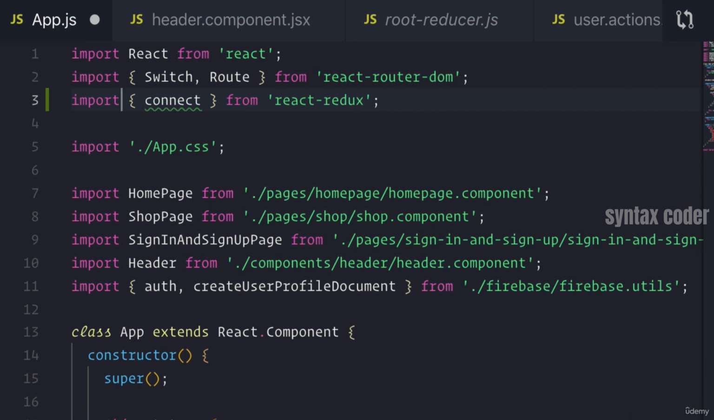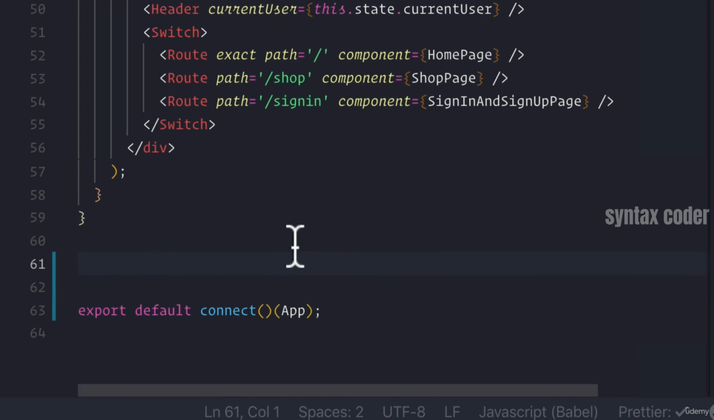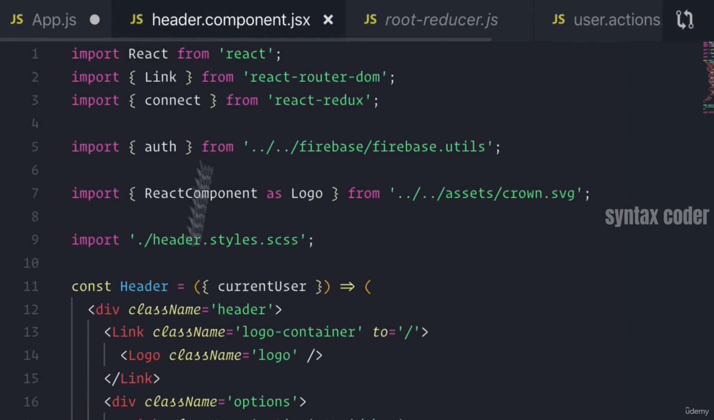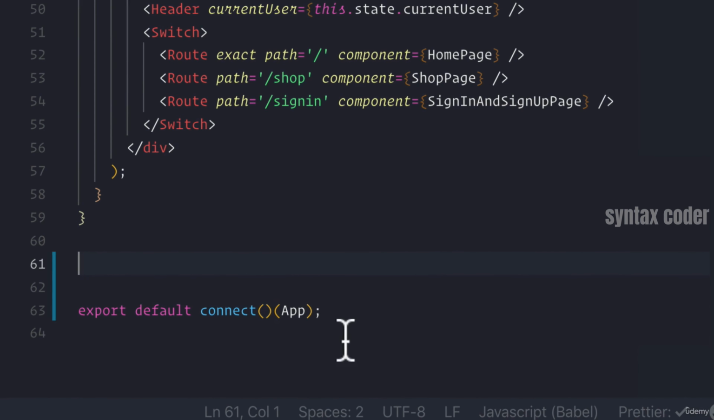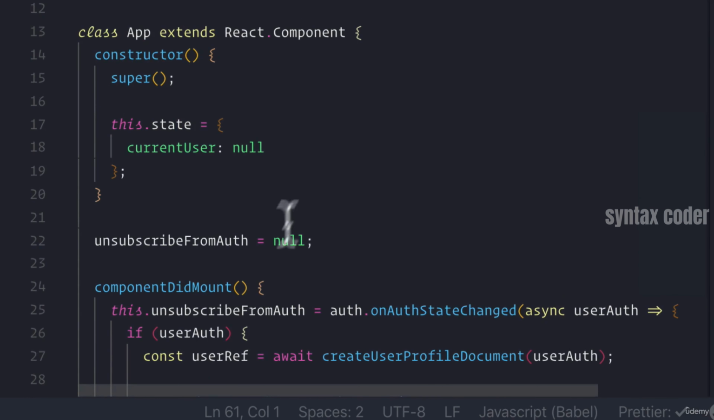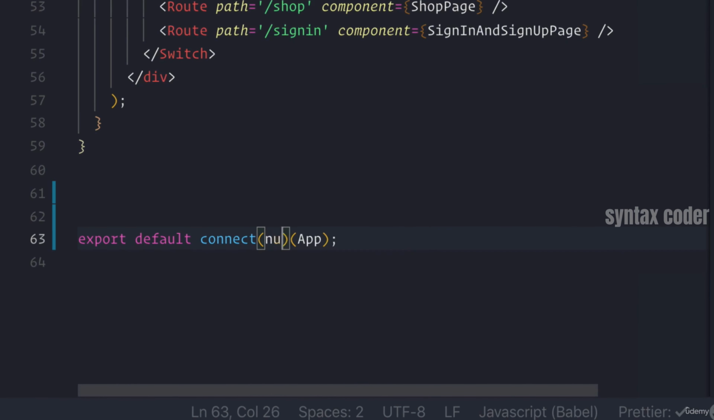So we're going to import connect from React Redux. And just like we did earlier with our header component, we're going to connect our app to the outcome of our initial connect call using the second argument of connect, which is mapDispatchToProps. Now, the first argument is mapStateToProps, but our app doesn't actually need currentUser anymore, because outside of passing it into our header, it only sets it, but it doesn't do anything with the currentUser value in its component itself. So what we can do is pass in null as the first argument,